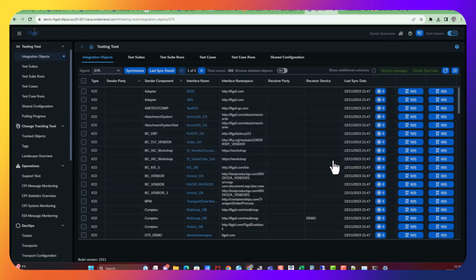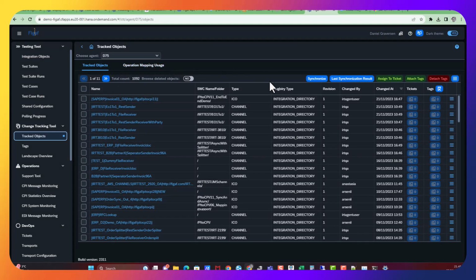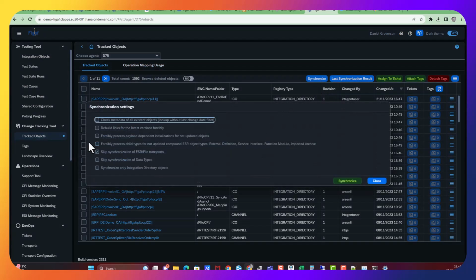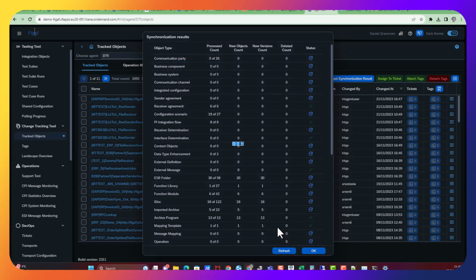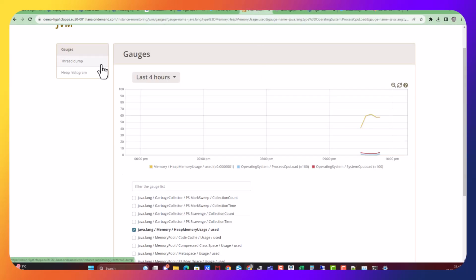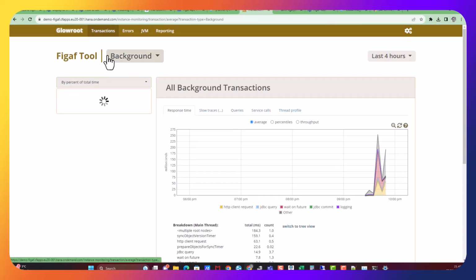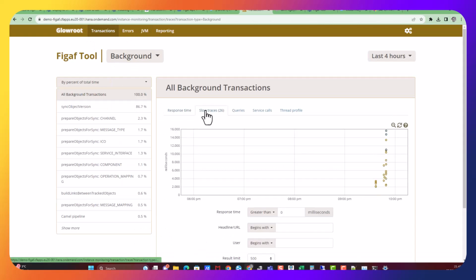We don't need ESR transport here. If we want to synchronize all the directory content, we'll go here, to repository content. Here we can see we have some more options. We can skip data types. Data types are not really used in a lot of scenarios, and they are normally a big part, and in most cases would be the part that will take most of the usage of your system. So if we now go back into our monitoring, we should be able to see a